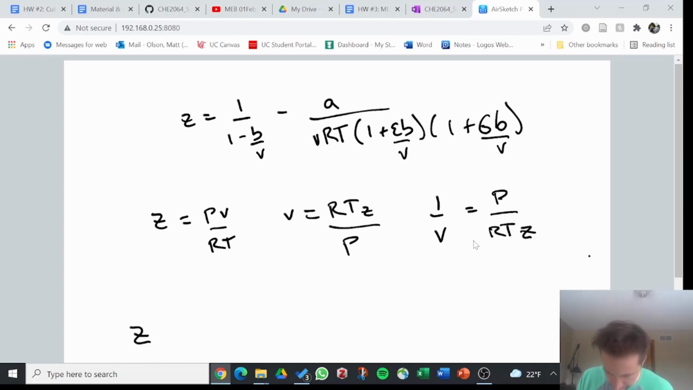So now we've got a lot of values going on. We've got Z equals 1 over 1 minus BP over RT Z minus, let's see here, we've got from here a V in the bottom, so A over 1 over V, so let's go ahead and substitute 1 over V here, and so that's going to then give us, let's bring the over V, which is going to leave us with minus